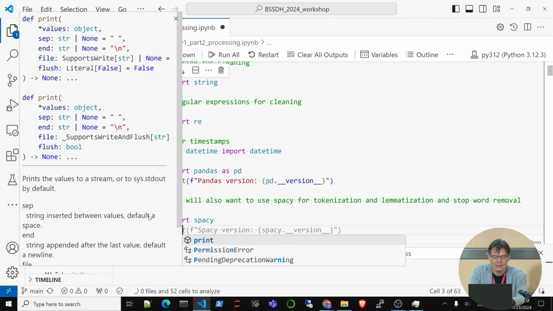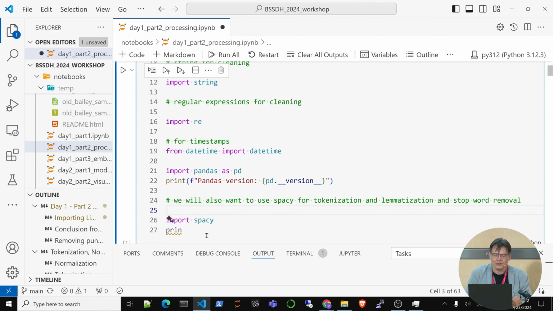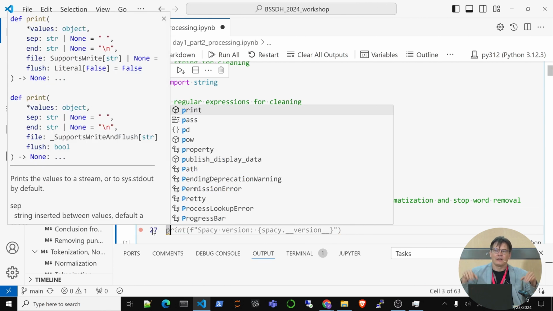So print, you see, I didn't have to do anything. I only pressed P, right? And it already knows. It infers, right? It's trying to predict the next token, so it knows there should be a print, there should be an f string, and there should be a spaCy version. Why again? Because I did the pandas version, so this GPT model can make very good